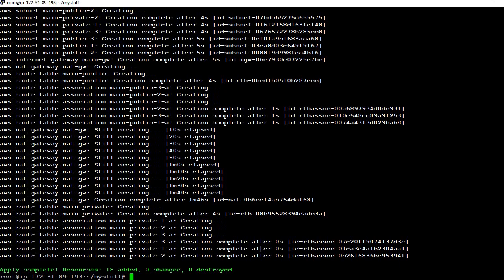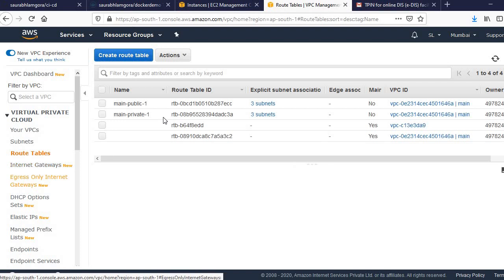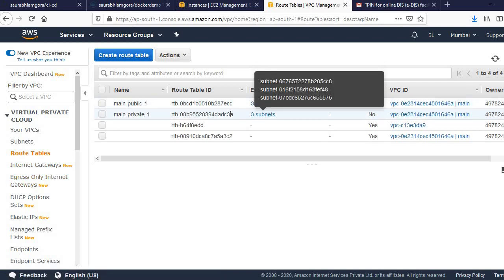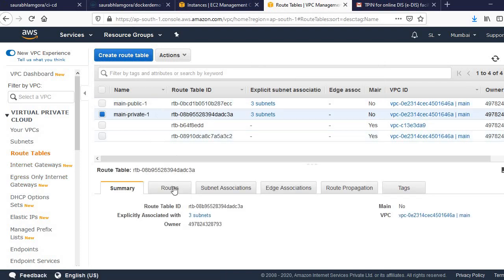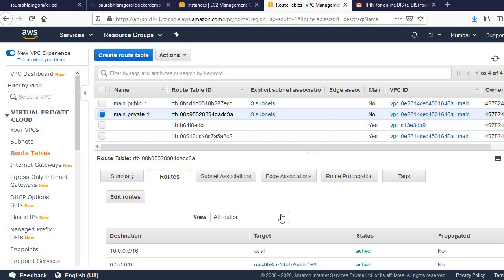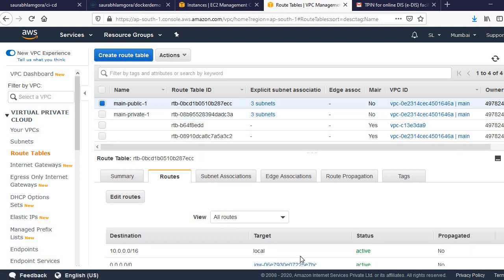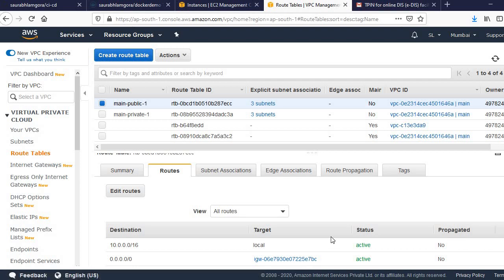Now you have seen that a private route table is also created. Go to the route table and you can have a look at the private route table. You can see the private route table is associated with the NAT gateway and the public is associated with the internet gateway.